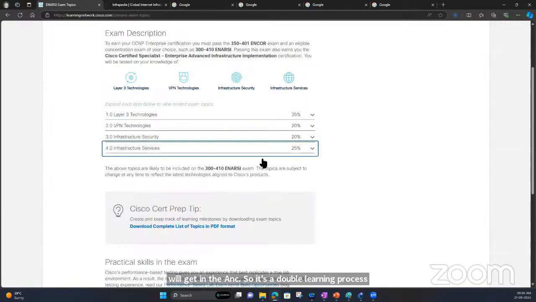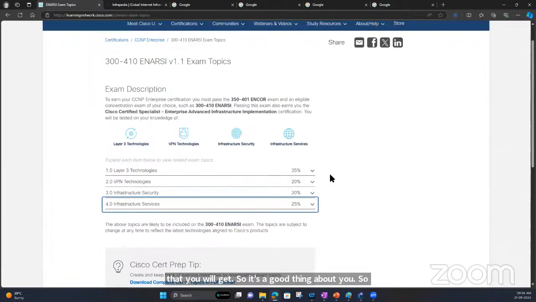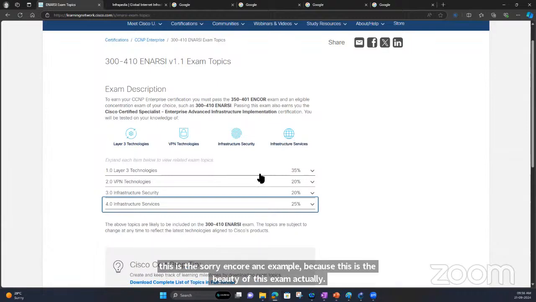While doing the NRC, you are getting a few things about NCORE as well, a few things from CCNA already, and even the higher stuff for the CCIE that you will learn in more depth. Those things will be included in this NCORE exam. So this is the NCORE NRC exam, and this is the beauty of this exam actually. Got it? Anybody have any question